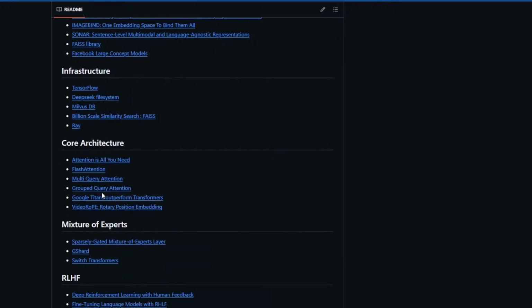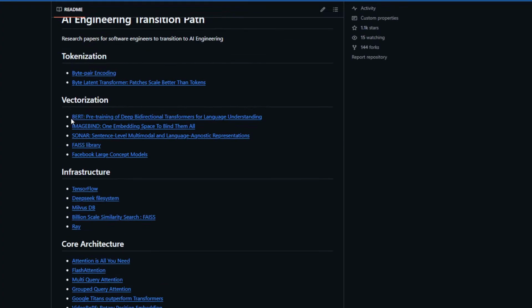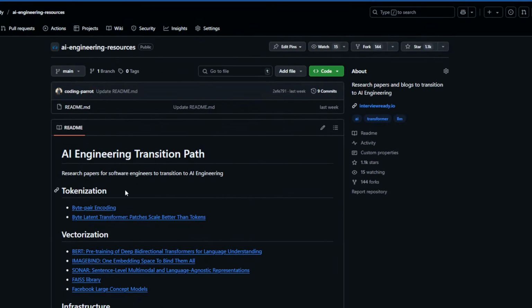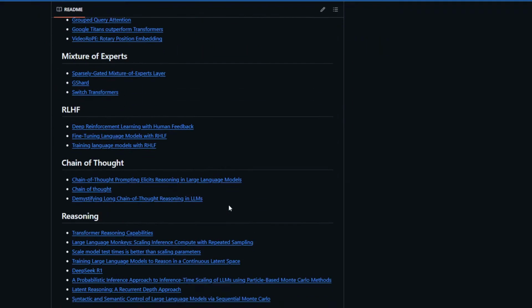There's a particular paper, this is where I started: billion scale similarity search, Milvus DB, TensorFlow, Ray. These are the things which actually helped me transition from a software engineer to the AI engineering mindset. So I'll share the GitHub resources link, and you can keep these papers. Maybe you can bookmark it or star it because it does help. Quite a few people have already started.